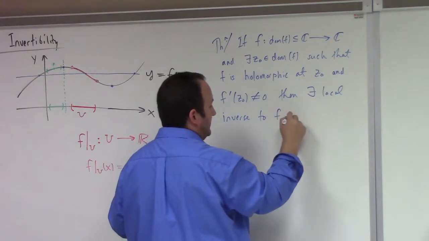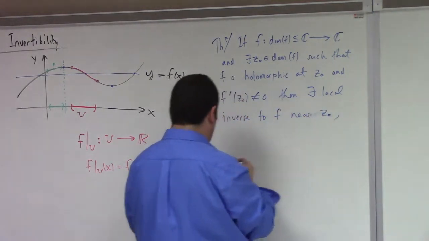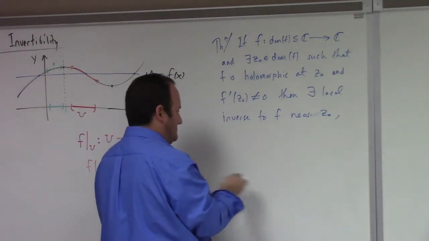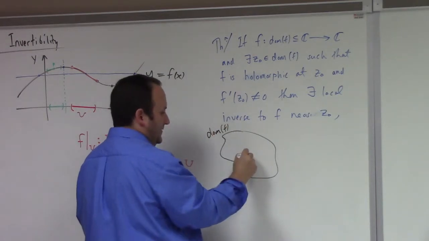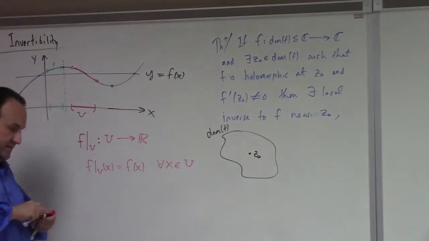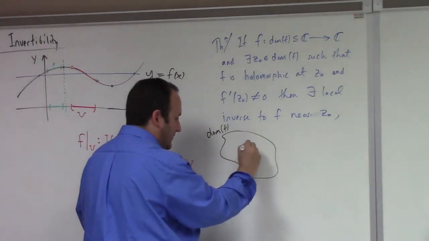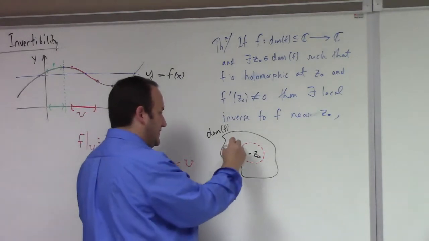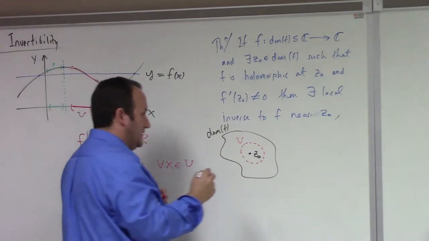to f near z naught, right? What that means is that you can find, so here's a picture of what's going on. Here's the domain of f. Here's the point z naught. So to find a local inverse means that I can find some open set around z naught, and we can just take it to be a disk for the sake of discussion here. Some open set U, such that